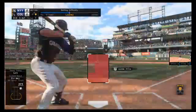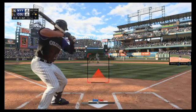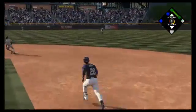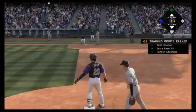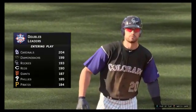Number 20 will stand in, working on a 3-hit ball game now. Number 20. Smoked on the ground up the middle, and that finds its way through for a base hit. Now a long throw to third, but too late, and he's safe at third. So he's into second there with their 4th double of the ball game, and right on cue, we'll take a